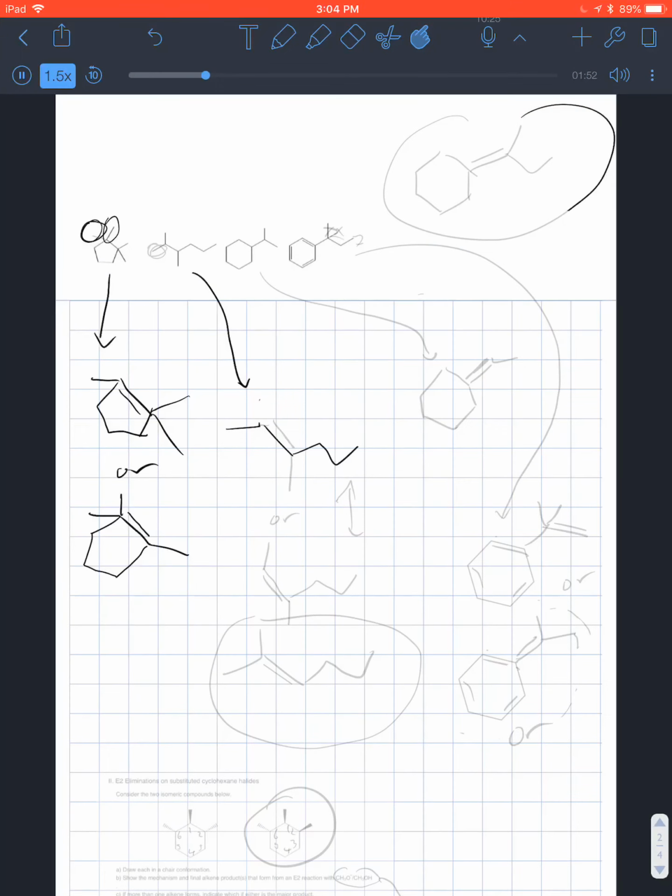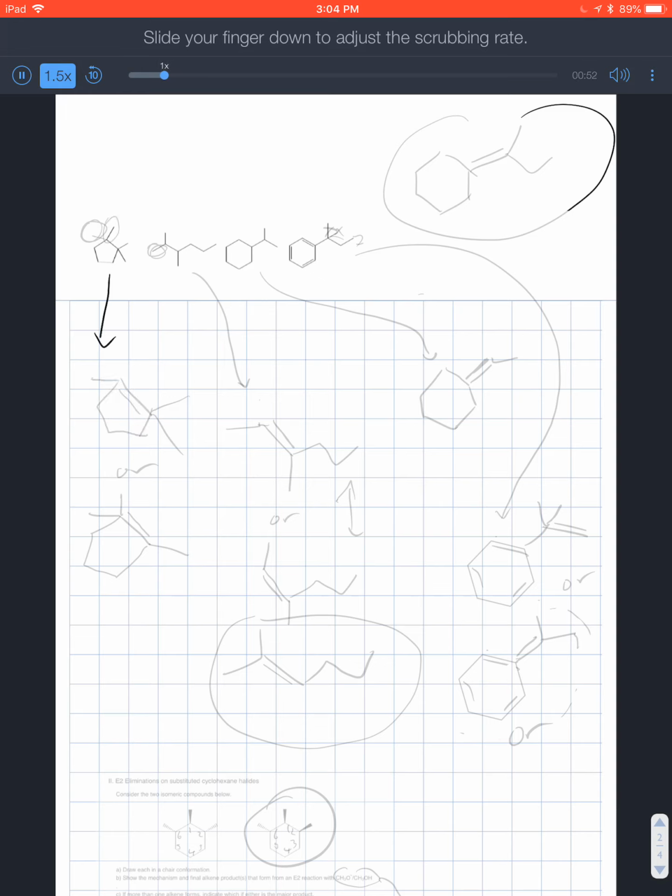Right here, draw out. Alright, so for this first one, we could have this guy jump off, and we'd have a double bond here, and this would result in the same product if this other methyl group jumped off. They look the exact same, and the other one would be if